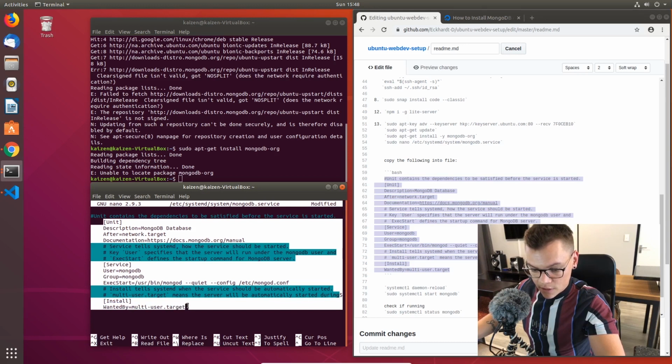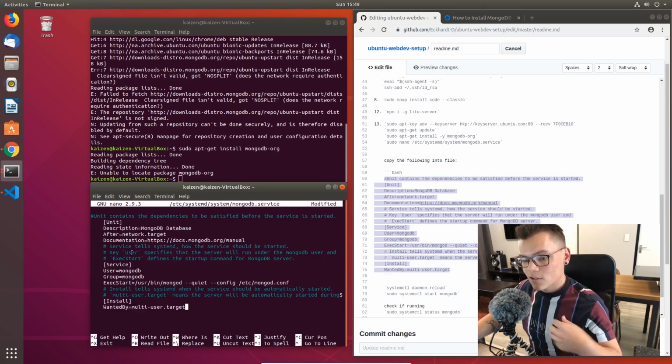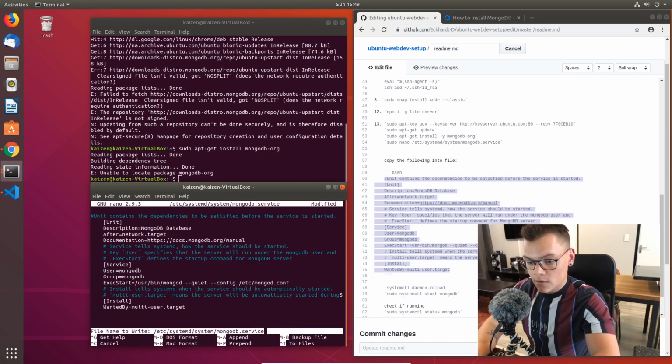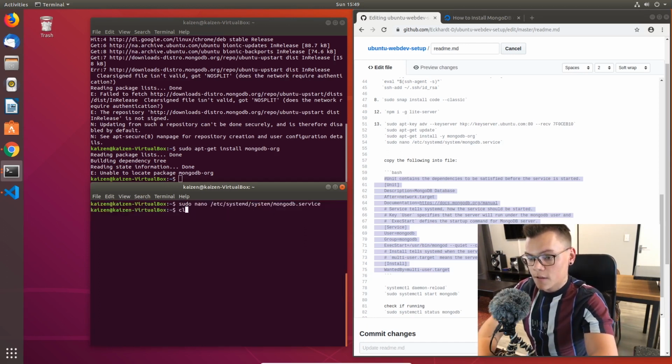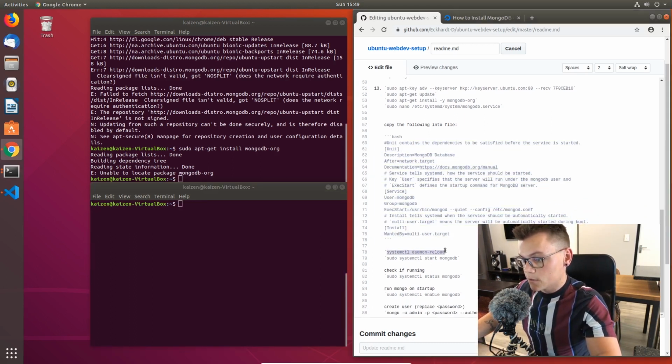Seems legit. What this is doing, I think, is just adding all the dependencies that Mongo needs to run when the system starts up. So Control X, Y, save, clear, and then we can do this, reload the